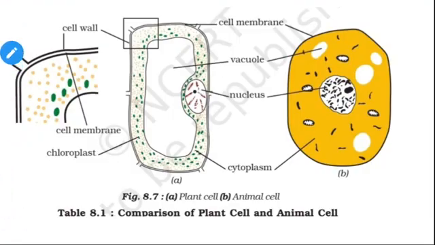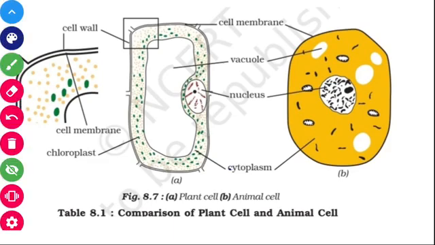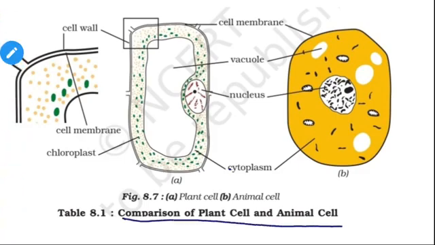So here is given the comparison between the plant cell and the animal cell. As we have already discussed, in cases of plant cell, there is a presence of a cell wall which is not present in animals. That is the main basic difference you can say between a plant cell and animal cell. In cases of a plant cell, cell wall is present. Here is the nucleus. You can see a larger vacuole in cases of plants compared to the animals.